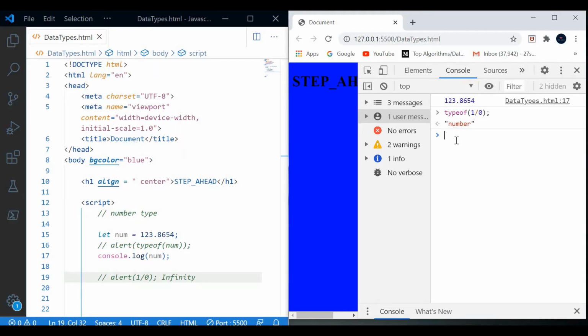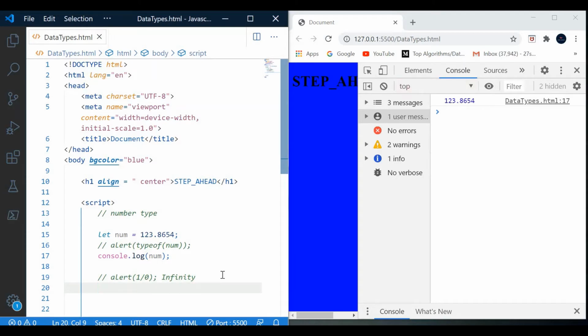So we will check it by 1 divided by 0. It is showing infinity, and any number, 23 divided by 0, will show infinity. And how will we represent minus infinity? Let's check that also.